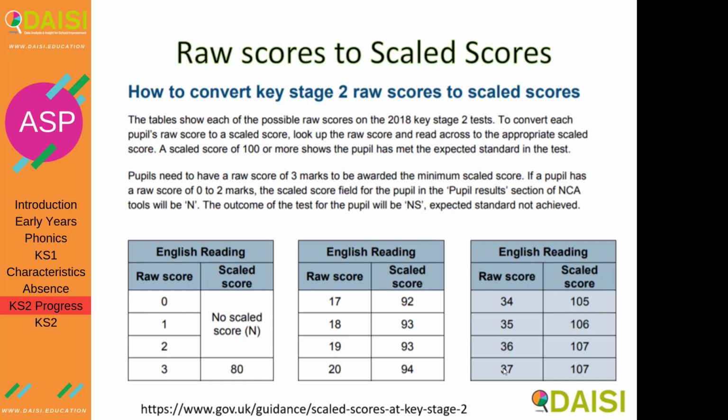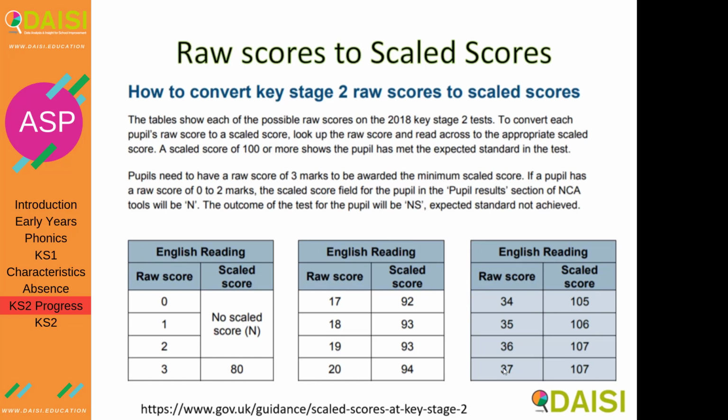Here is our pupil that got a scaled score of 100. Can you remark it and it turns into a fail? It has happened. Or if you have got a change of 2 raw score marks or more. It used to be 3, it's now 2. So if you've got, say, a scaled score of 99 in maths, well, there may be 5 different raw scores